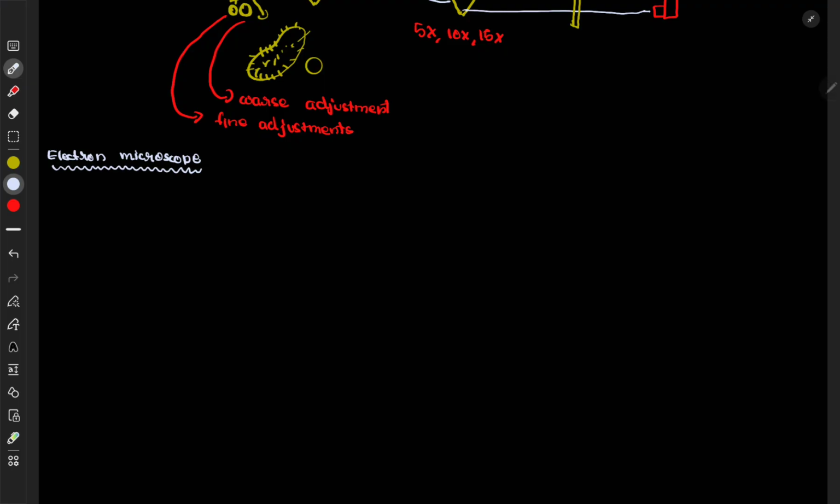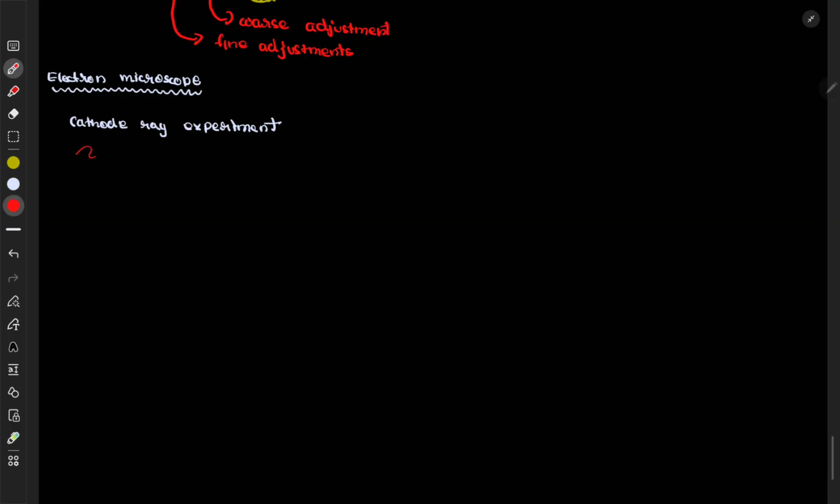Now electron microscopes. Remember there was this experiment called the cathode ray experiment, which was performed by J.J. Thomson, I believe. Yeah, the cathode ray experiment. Fine. So basically that's the same thing that's happening in the electron microscope. You use an anode, I think so. I didn't study the structure or the diagram, but when you look at the theory,